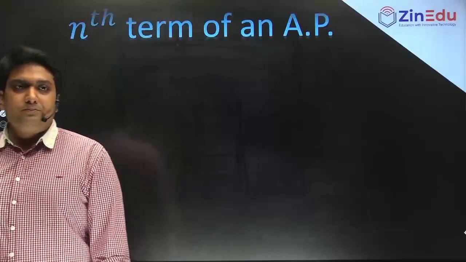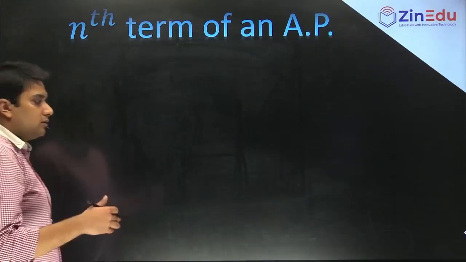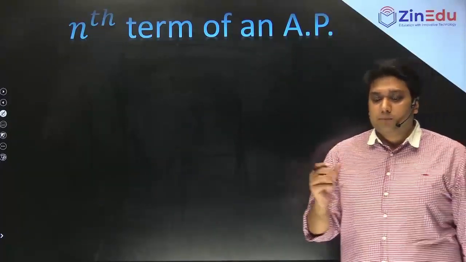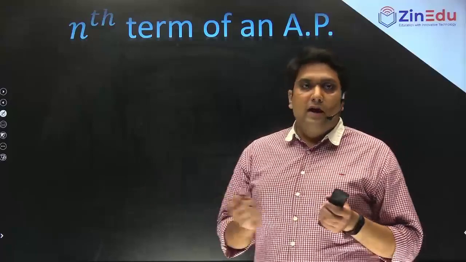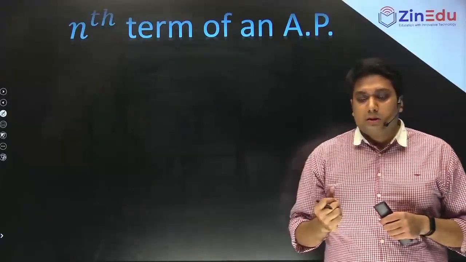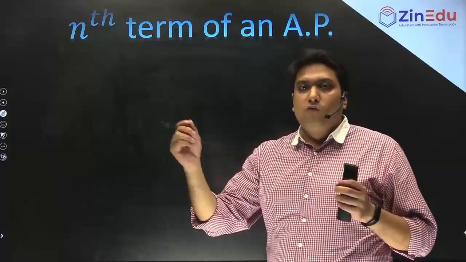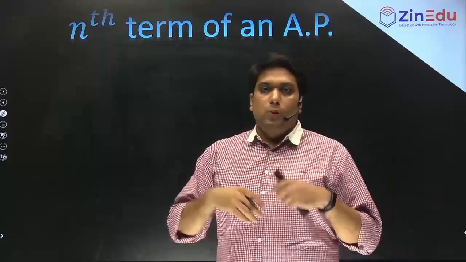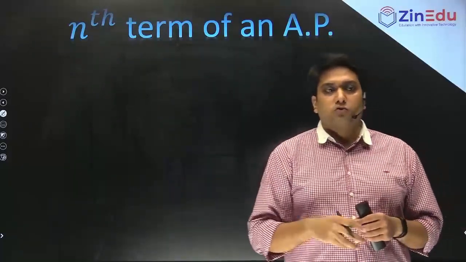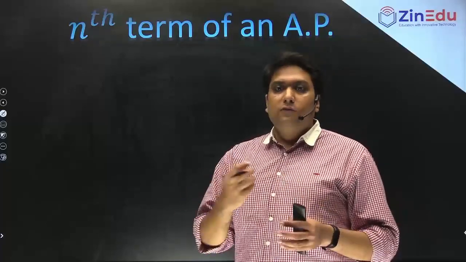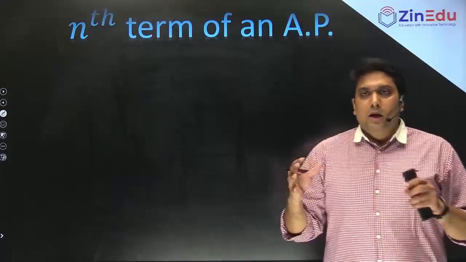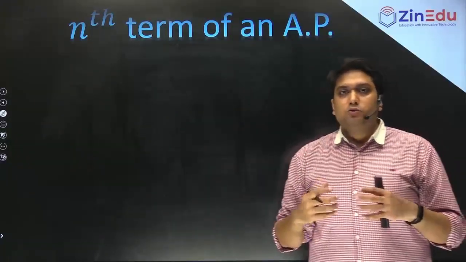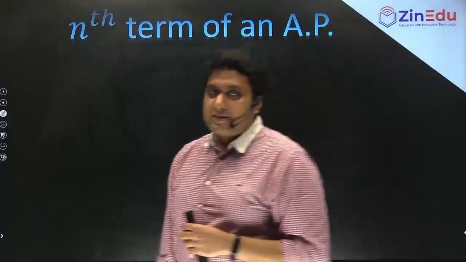Moving ahead, now we will talk about the nth term. Since we have seen a general AP, how does it move? Suppose I have a finite series with me and I need to find its nth term. Suppose I ask you for a series, let us say 2, 5, 8, 11 and so on, and tell me the 100th term or the 20th term. In that case, you need to do a lot of calculation if you are not able to grab the formula. So let us try to bring out a formula so that we are able to solve these questions very quickly.